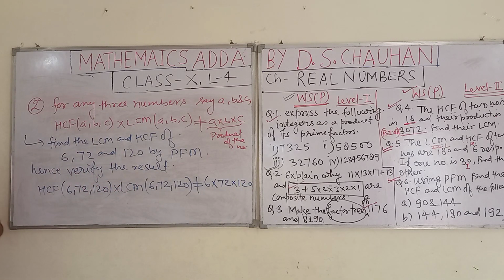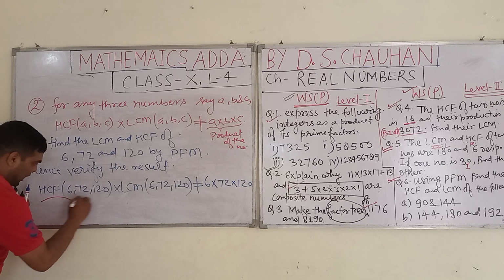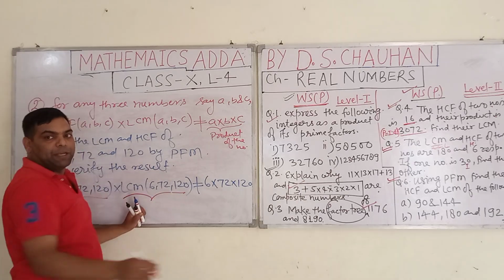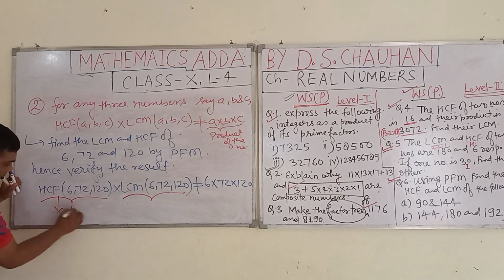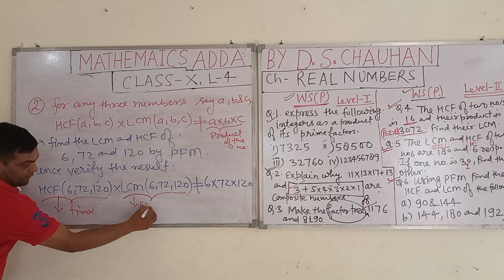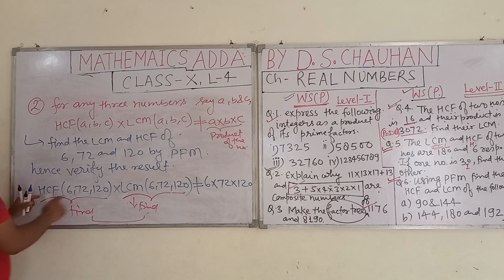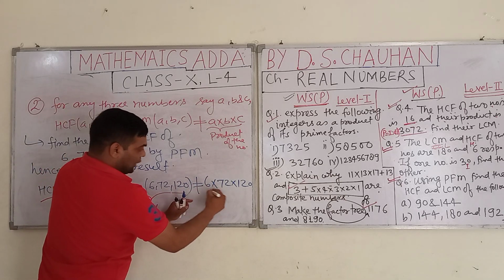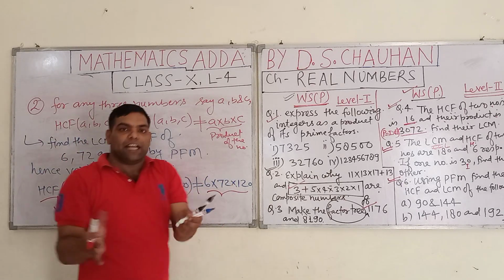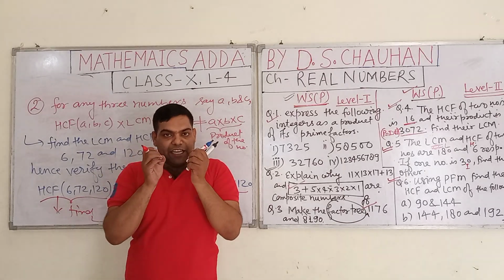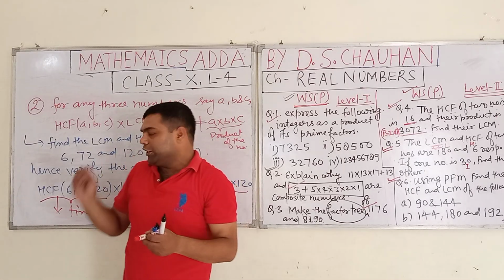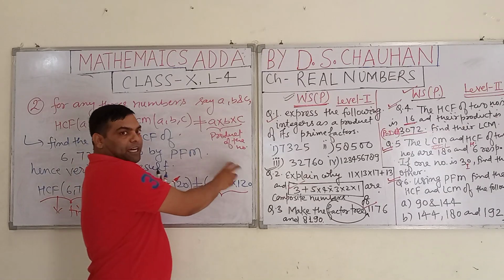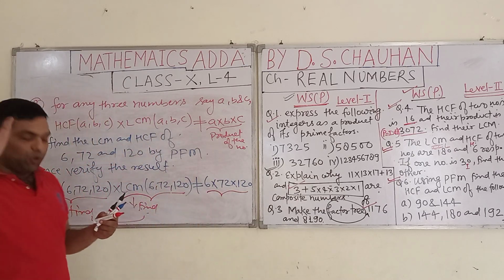Students, all of you know how to find out the HCF with the help of prime factorization method and how to find out the LCM with the help of prime factorization method. For this, students, first you find this, then you find this. As you get HCF and LCM, you multiply them and also multiply these three numbers and check both the results, are they equal or not. When you check, student, you will get that the product of HCF and LCM will not be equal to the product of the numbers. So students, now you know the concept.